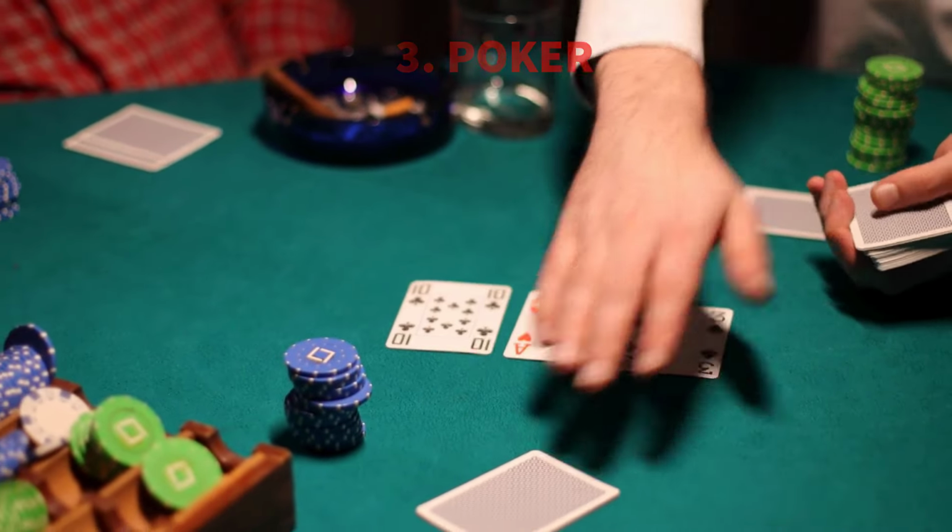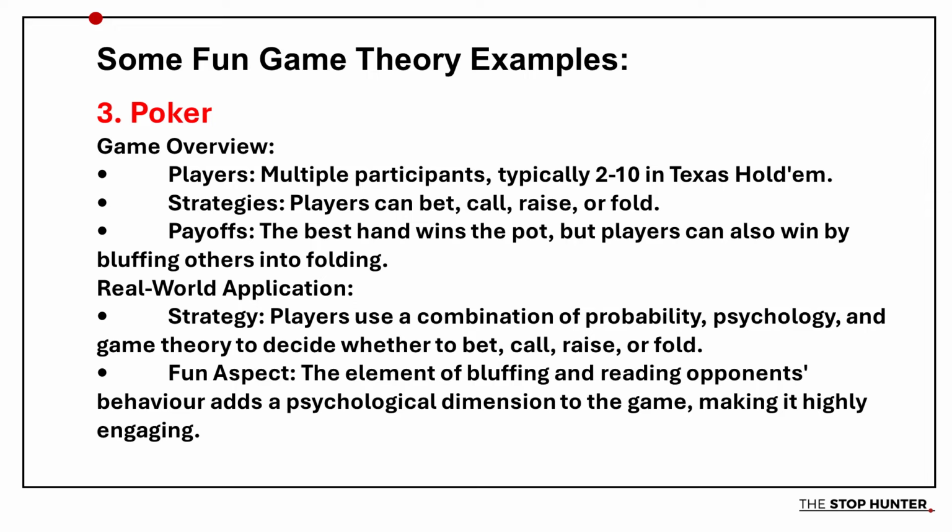Now, poker, the overview. There's multiple participants. In Texas Hold'em, 2 to 10 players typically. Players can bet, call, raise or fold. Payoffs. The best hand wins the pot. But players can also win by bluffing others into folding. So you can start to see how trading is a very similar